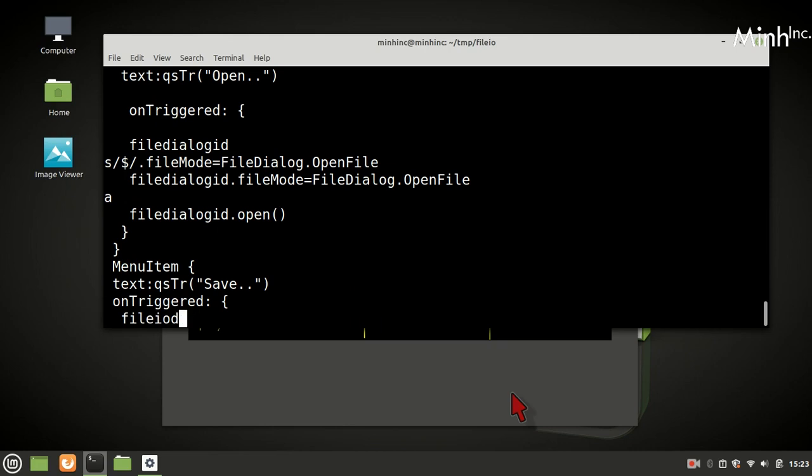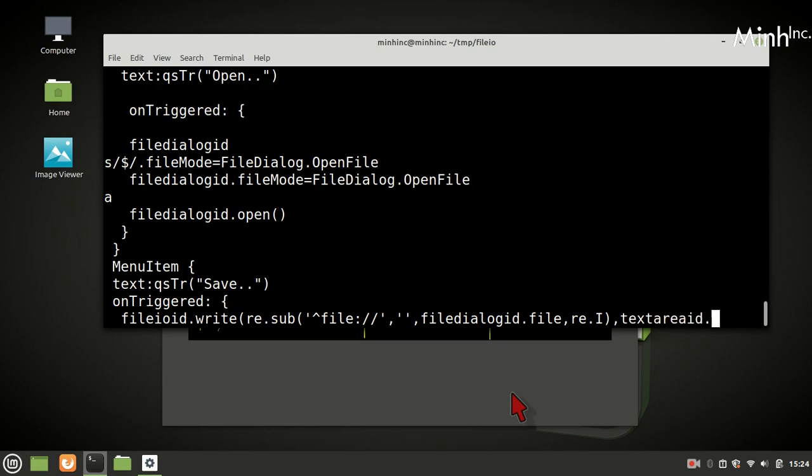So now we have file IO ID dot write, substitute file dialog ID dot file URL, text area ID dot text.